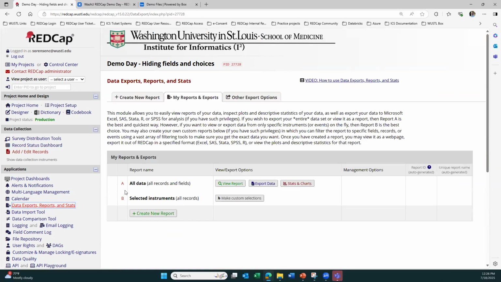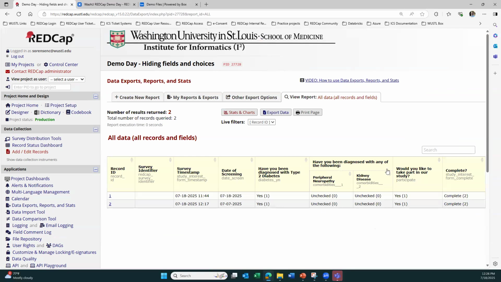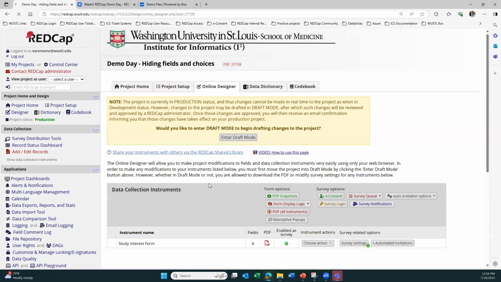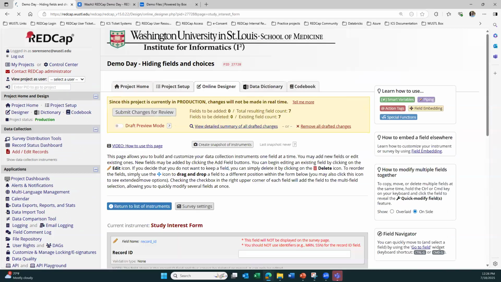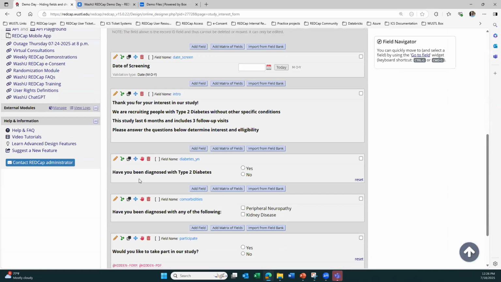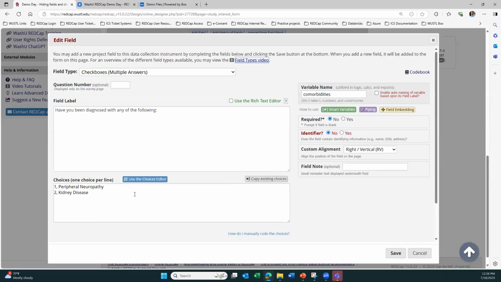And I'll export the data or view my report. And you can see there's only two choices here. Okay, so I've lost my data, my choice number 3 for that. So if I go back in here and add it back in,